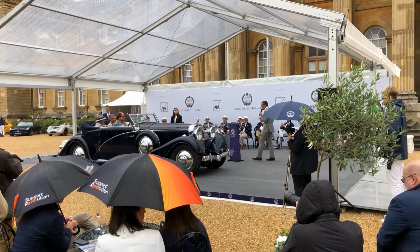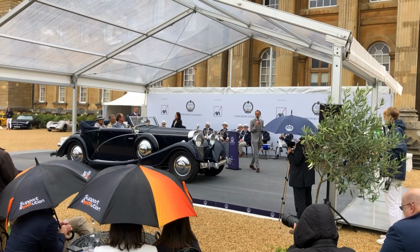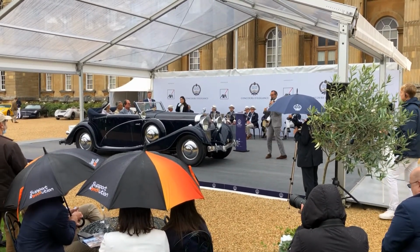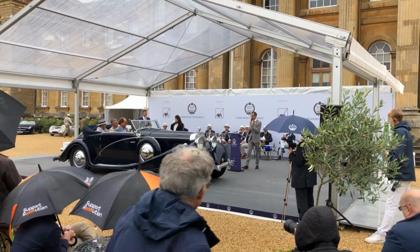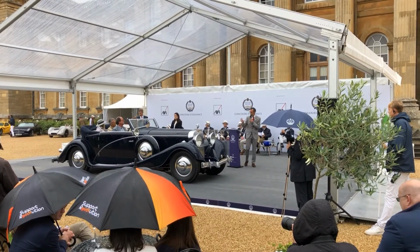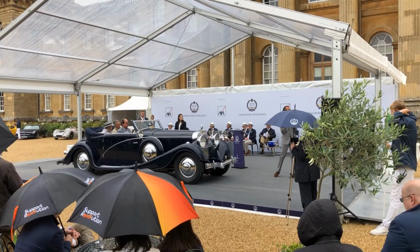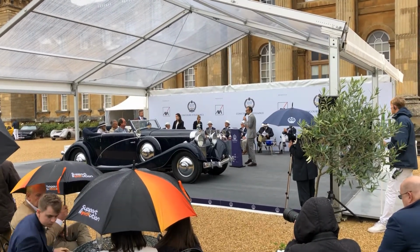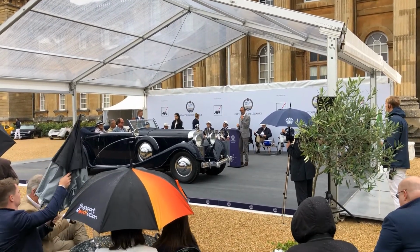After the war stopped, back to cars, and they had great experience of making the 12-cylinder engines. The J12, the 12-cylinder, was the best you could buy at the time. It was the fastest, the most expensive, one of the best chassis that money could buy in 1935. This beautiful, elegant body by Van Veuren was also one of the best coach builders, which really suits the car, the best chassis with the best coach builders,